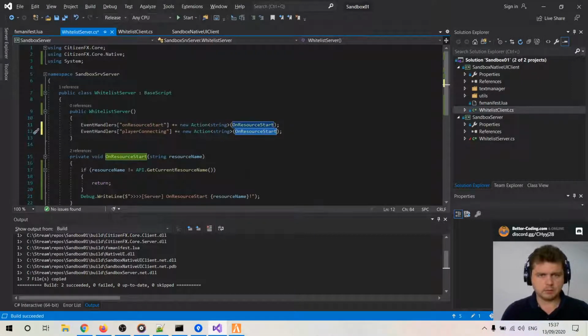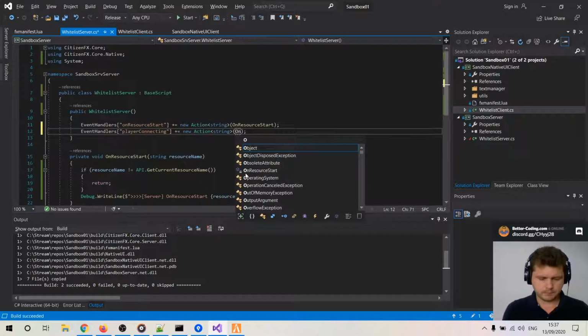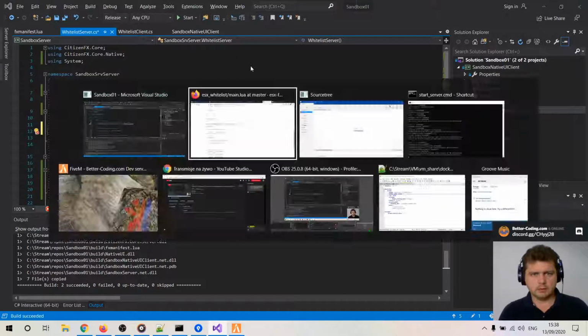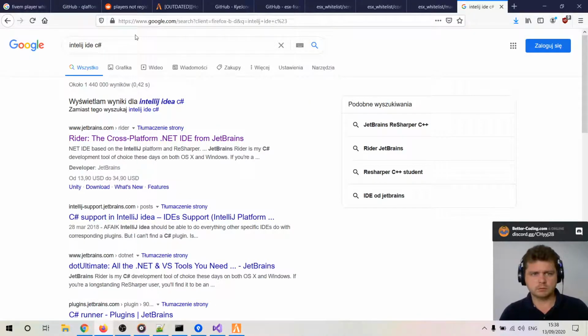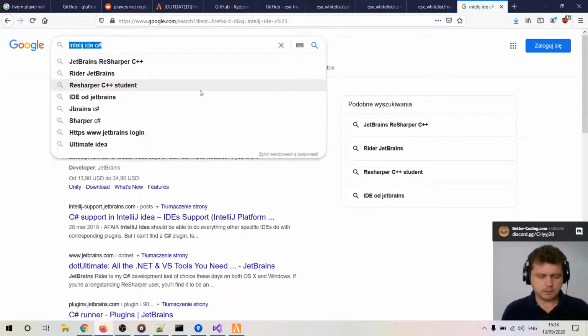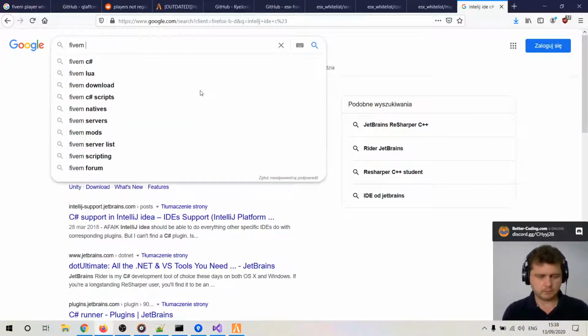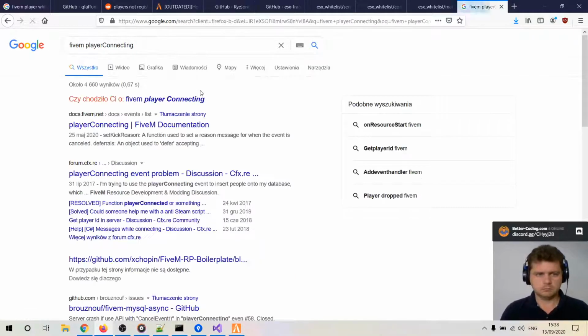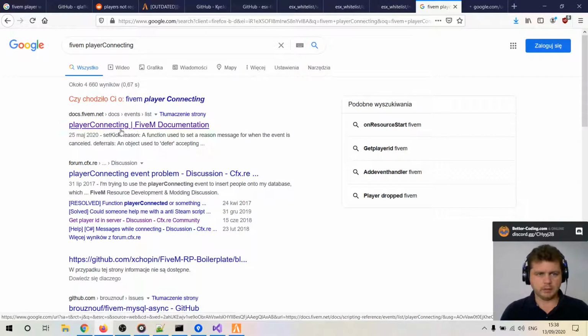Okay, so on player connecting, and let's try to find some documentation. FiveM. Okay, so it looks like